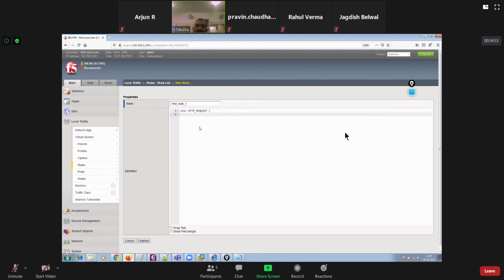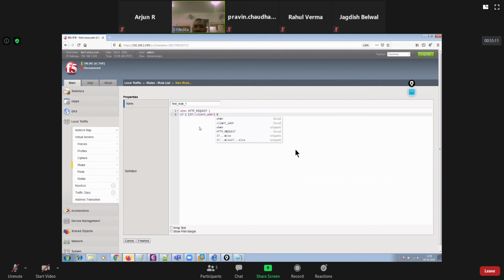Thereafter you can put your conditional statement like if, bracket start once again, and then another bracket, and then say IP::client_addr, bracket close.